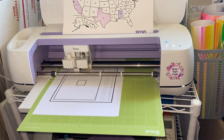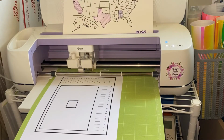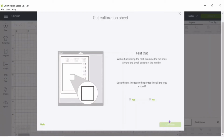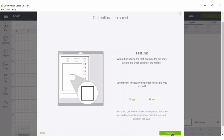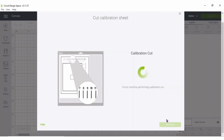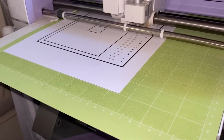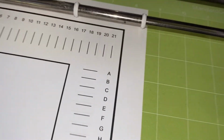Once it's done cutting the square in the middle, it's going to ask you without unloading to see if it cut in the middle, and as you can see, mine is a little off to the left, so I'm gonna click no and continue. And then now it's going to cut the lines on top and the lines on the side,